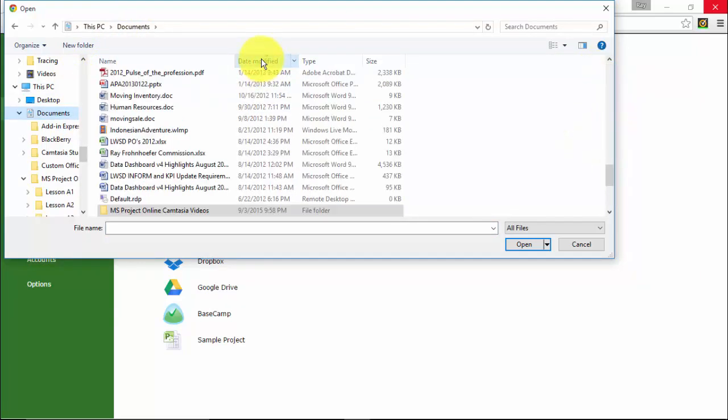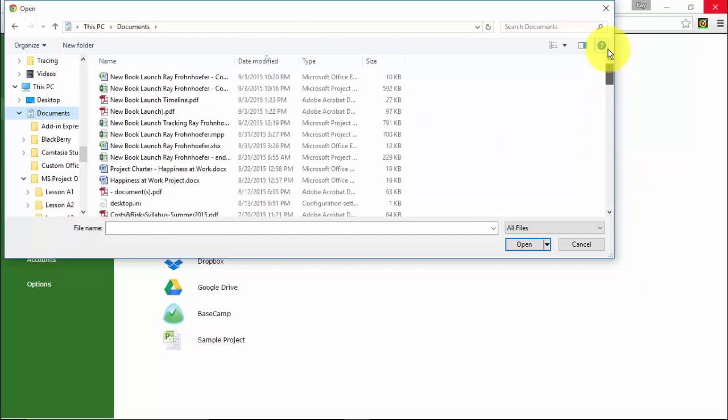I'm going to sort my documents by date modified, and here is my previous file. I'm not going to choose my current one. I'll look at an older one.